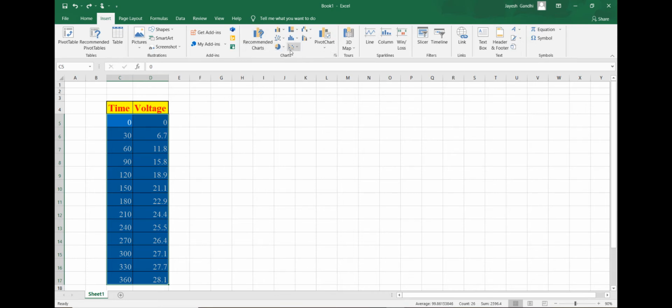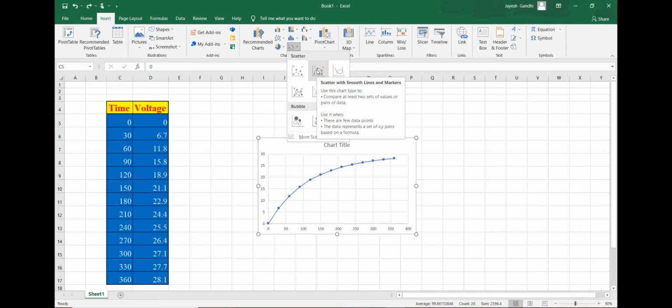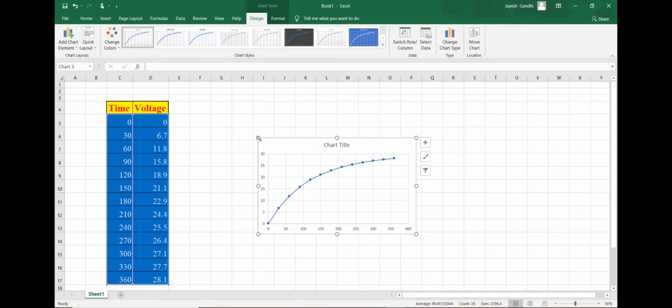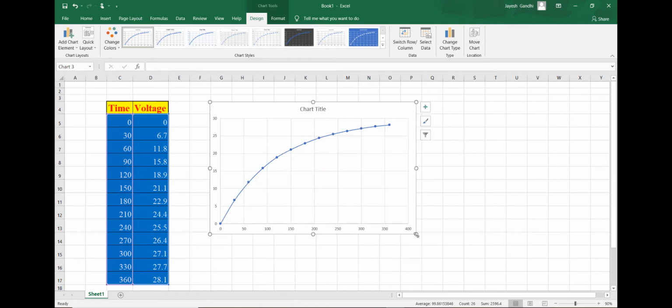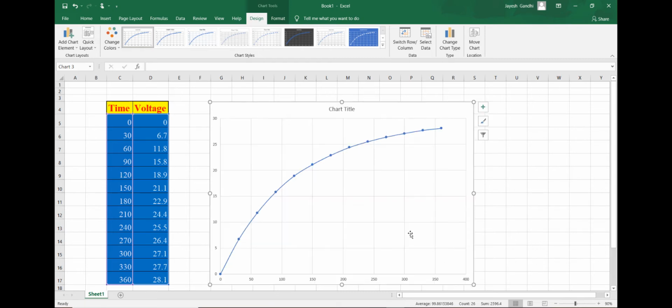In the charts you go to this scatter tab, select this second option, and you will get a graph over here. We will resize it to our requirement, so that it fills up the screen.